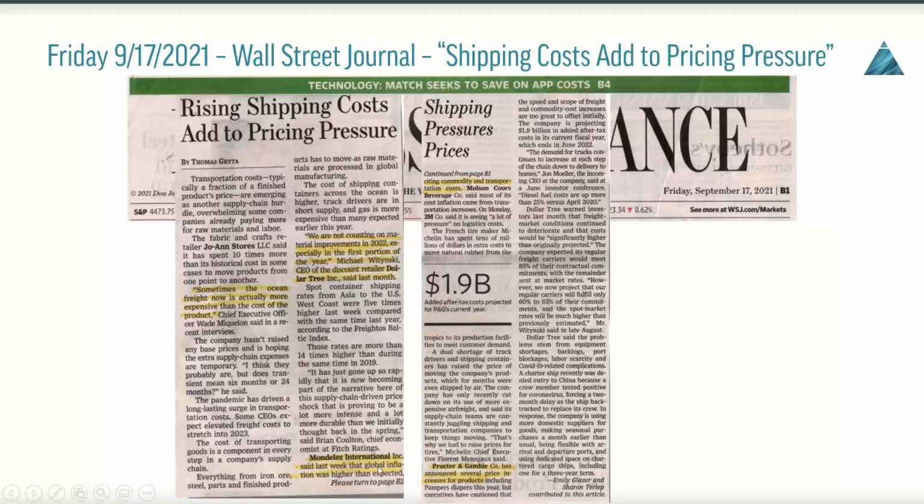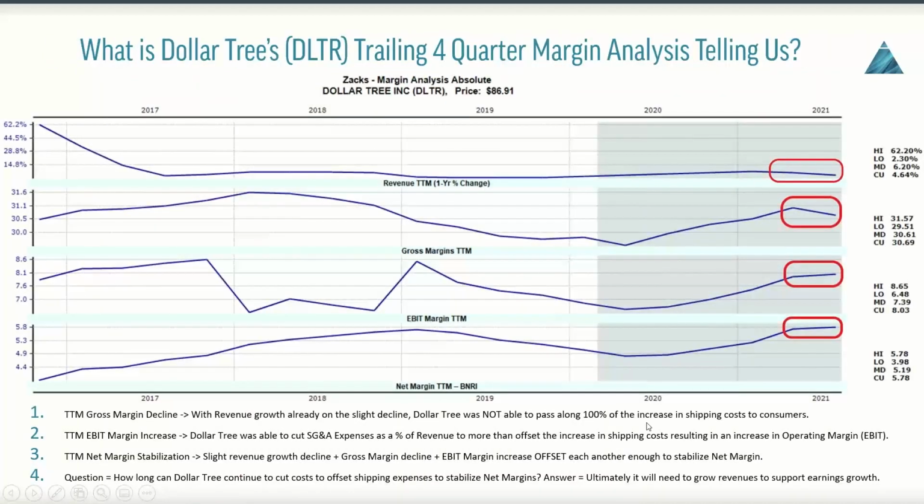Same thing with Mondelez. Freight costs and commodity and transportation costs higher than expected. And Procter and Gamble, right, an earnings certain name, has announced several price increases for products, citing commodity cost increases and the cost of freight. Okay, so we're going to look at all three of these companies, and I'm going to show you exactly